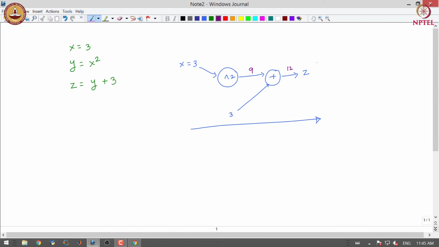Now, in machine learning, we are interested in calculating the derivative of the loss that we normally see in the final step of a neural network with respect to each of the input variables. We are modeling that situation with this toy example. Here we are interested in finding the derivative of z with respect to x.